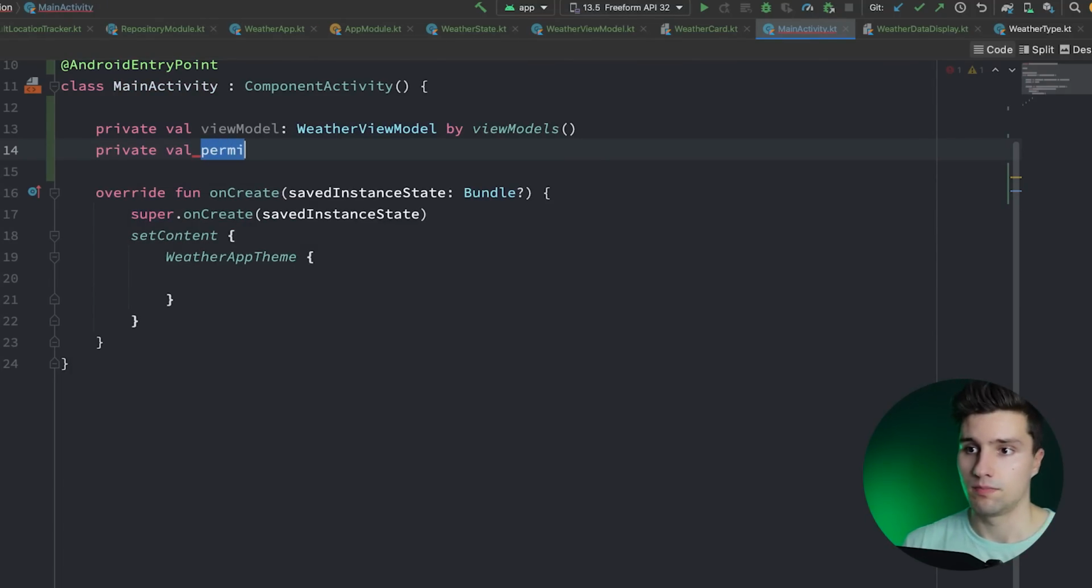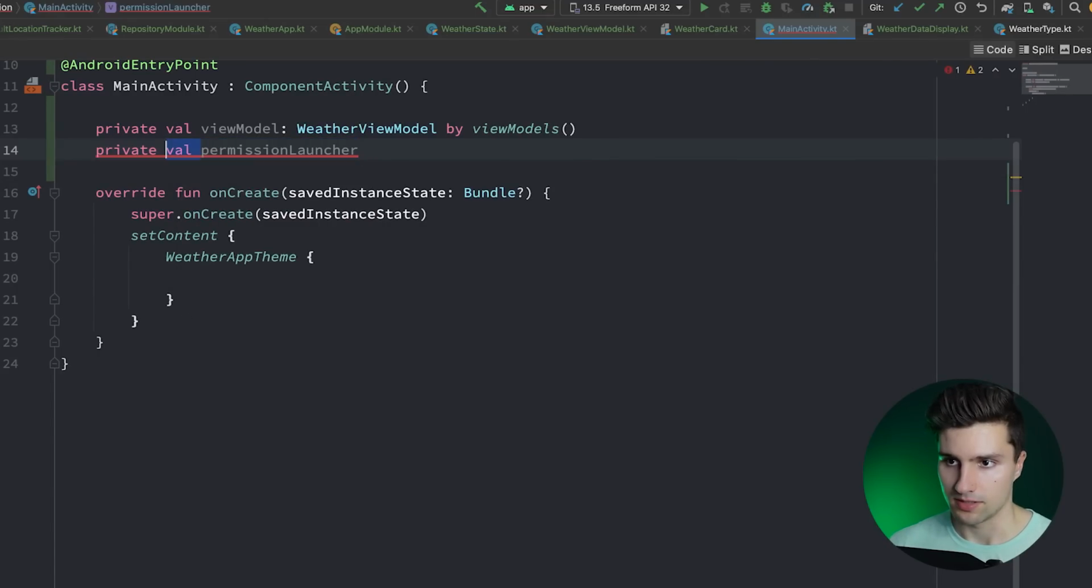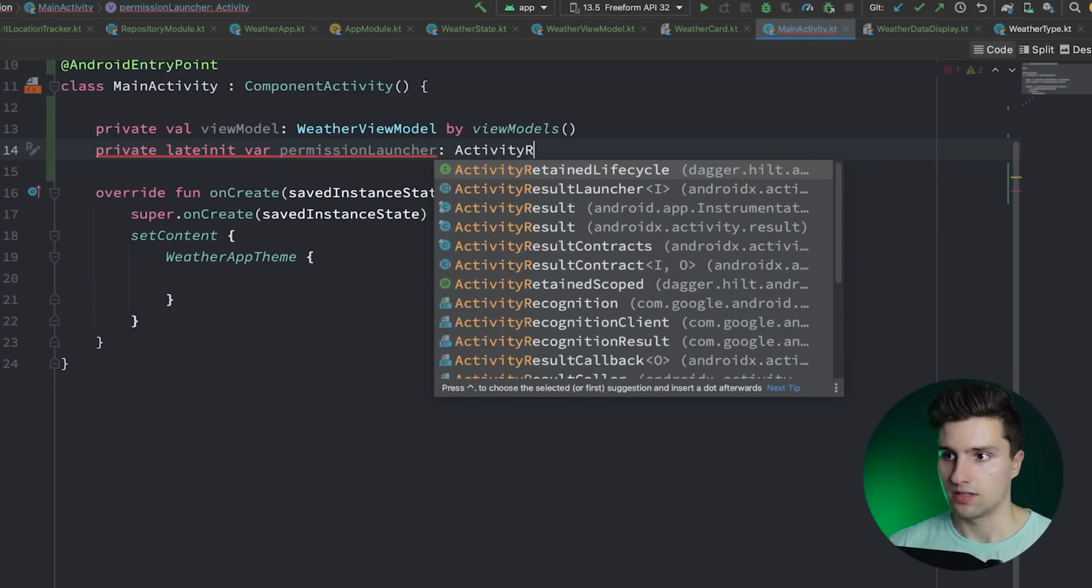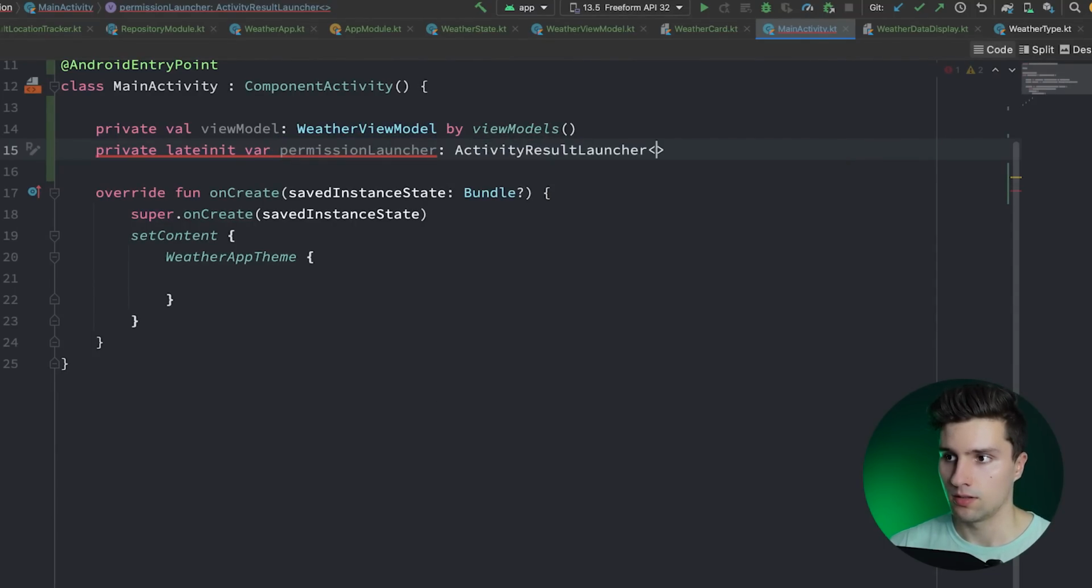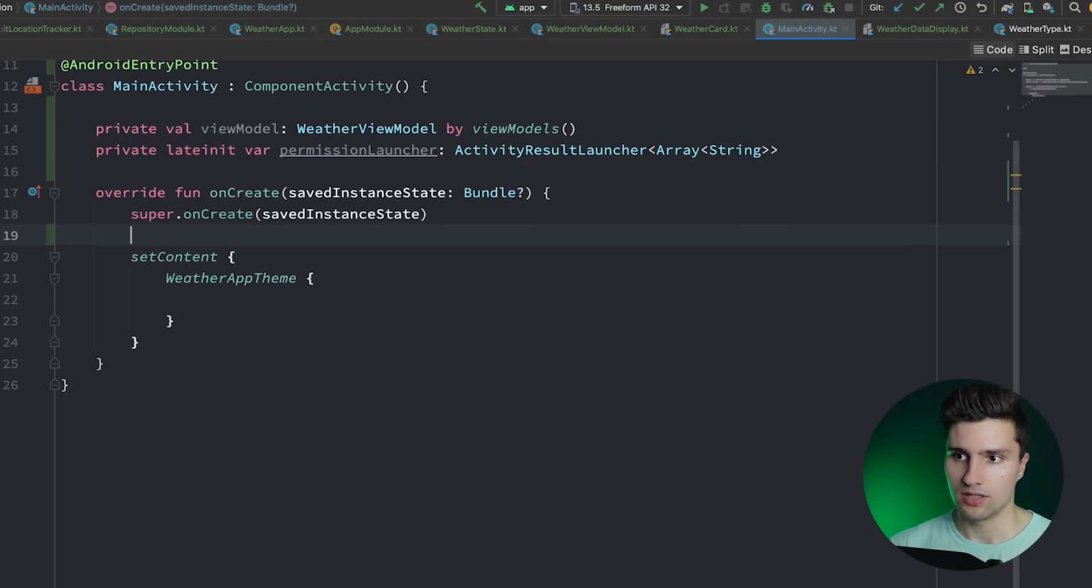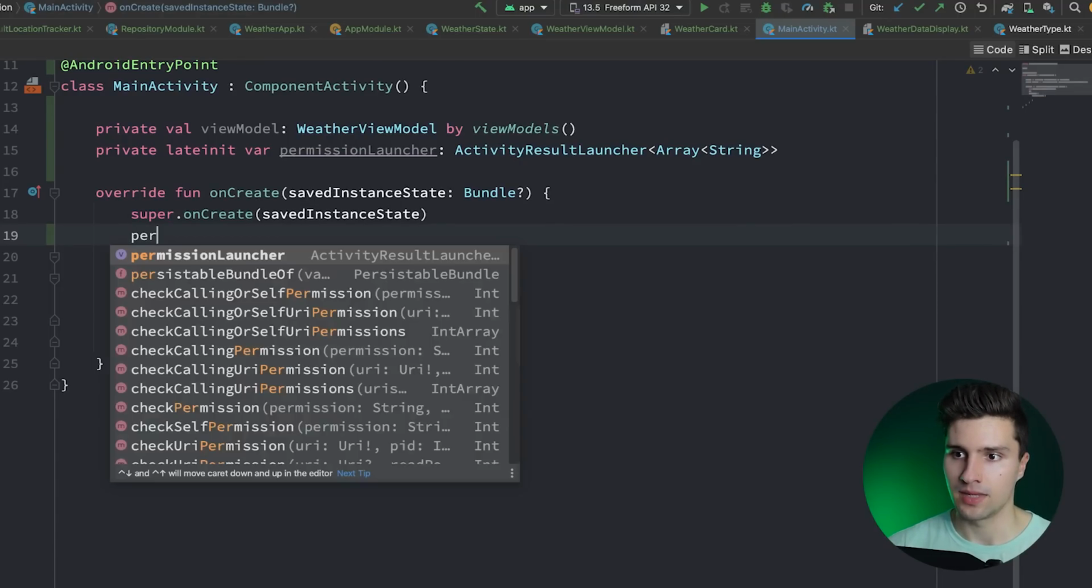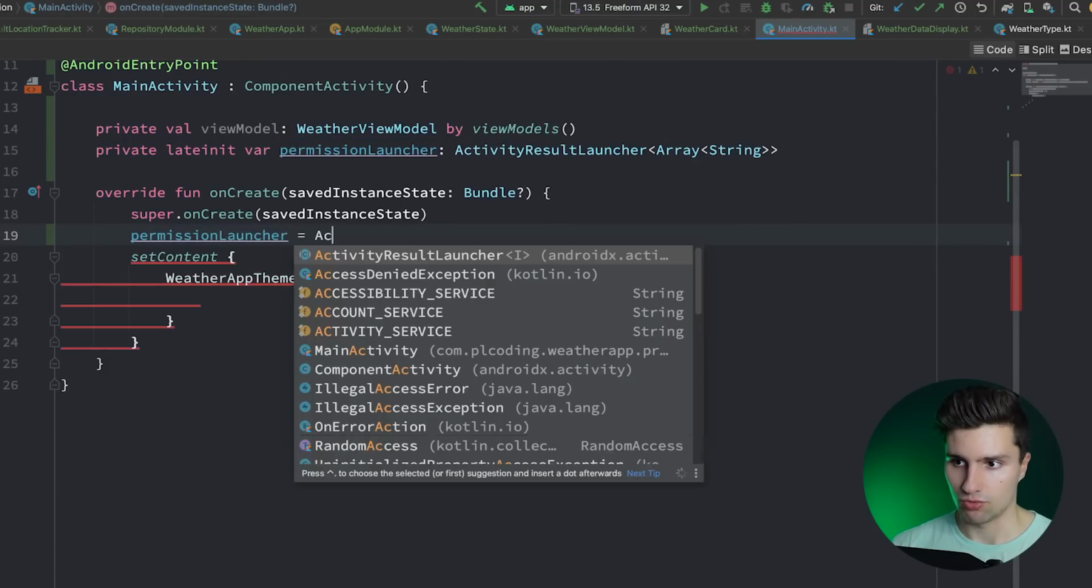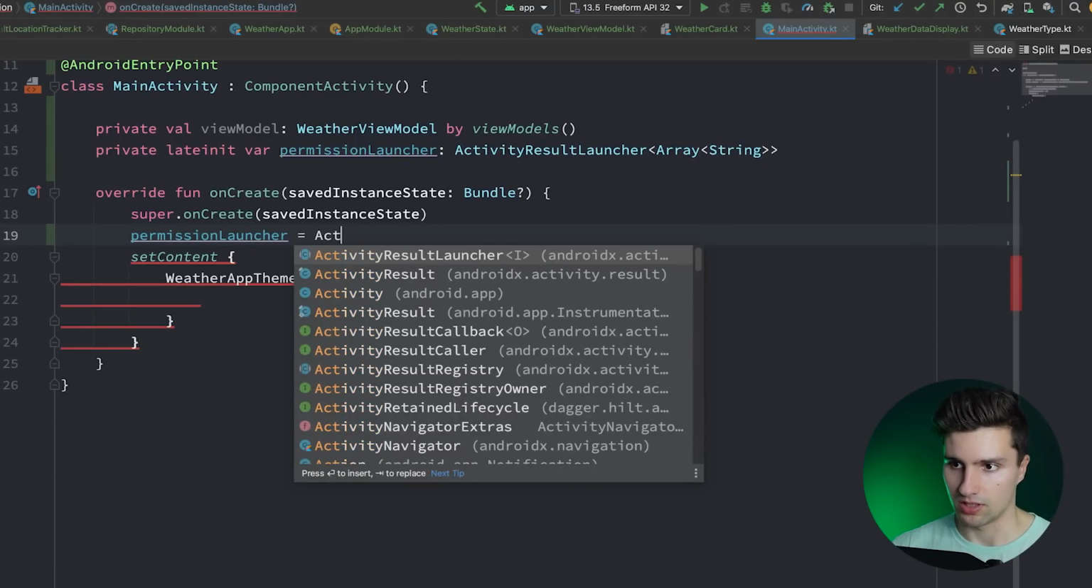private val permissionLauncher. So we will use the activity results API for that. Let's actually make this a lateinit variable. That will be an ActivityResultLauncher of type Array of type String. So we can launch this with an array of the permissions we want to request. Then in here, onCreate, we can say permissionLauncher is equal to